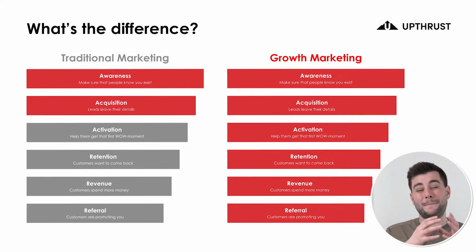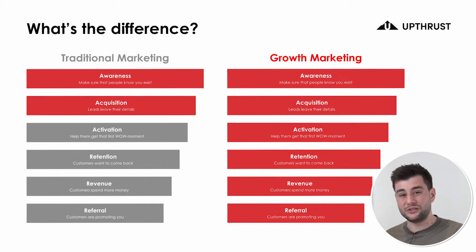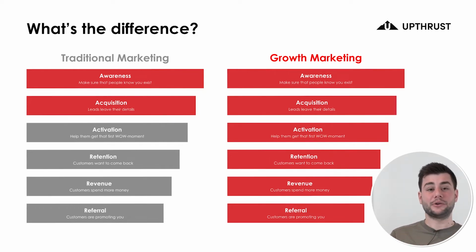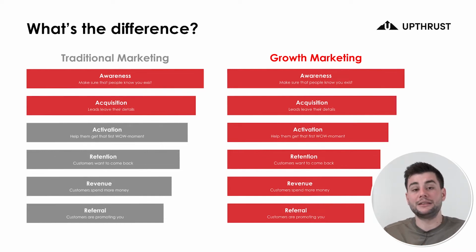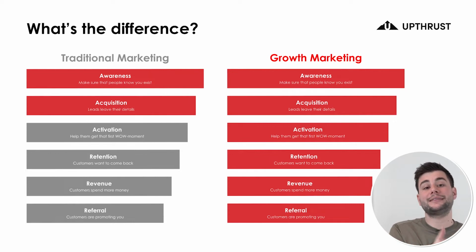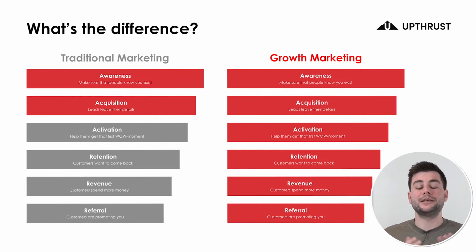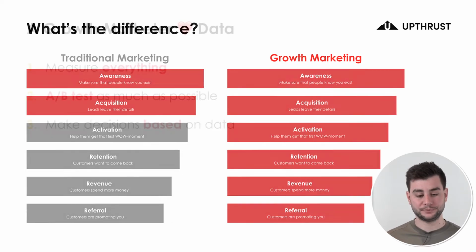We're also going to think of how we can improve retention, because we want to make sure that our customers stay customers. We're going to think of experiments on how to increase revenue. This could be the moment they land on your website and they need to purchase something. Could also be that we will see how can we make sure that we can cross-sell them, that we can upsell them and have more revenue out of that one client. At the end, we will also think about referral. Referral, this is a very, very powerful mechanism that allows your current customers to bring in new customers. By doing this, you create viral loops.